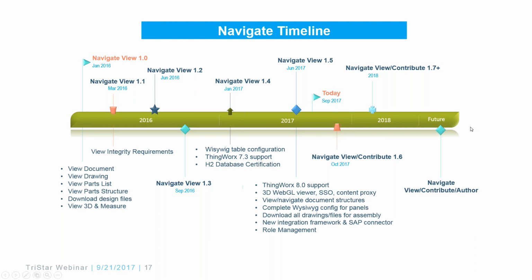There are newer releases always being continuously developed, and you can see here in the future the Navigate application is just going to evolve. So the next few enhancements are going to contain things like where used, being able to view ECN information, the ability also to contribute, so not only view but